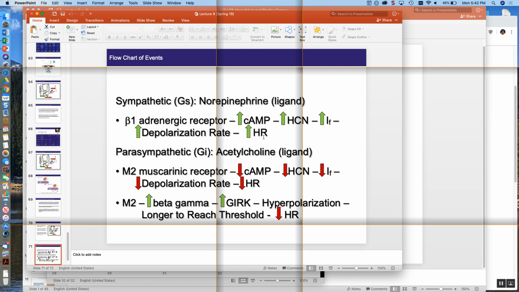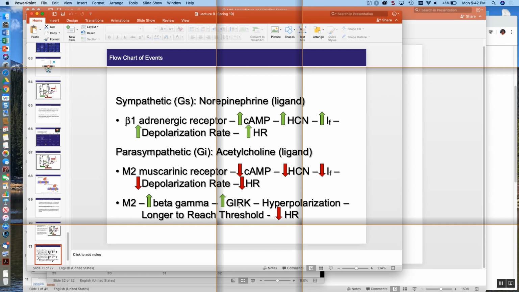It's Gi coupled, decreases cyclic AMP, decreasing the depolarization rate and heart rate, but the M2 activation also activates beta gamma subunits of the Gi,